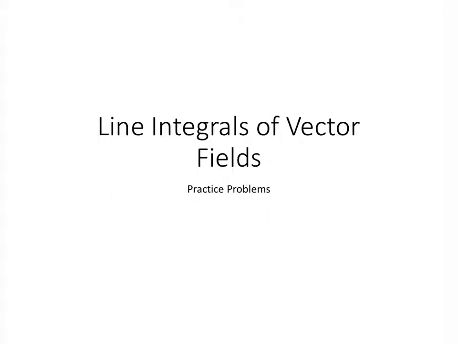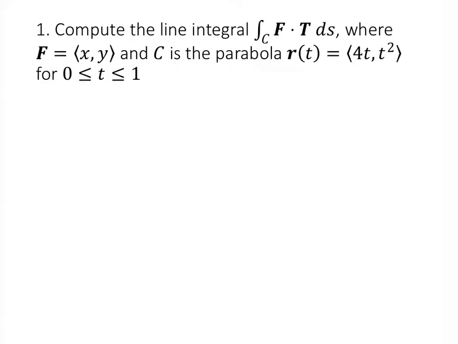This video contains the solutions to the line integrals of vector fields practice problems. For this first one, we want to compute the line integral of F dot T ds, where F is the vector field xy, and C is the parabola parameterized by r of t equals 4t comma t squared, for t between 0 and 1. So when we set up the integral over C of F dot T ds,